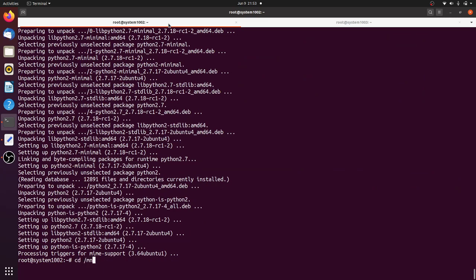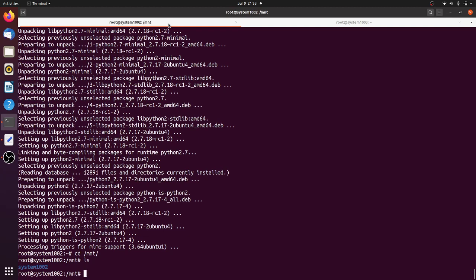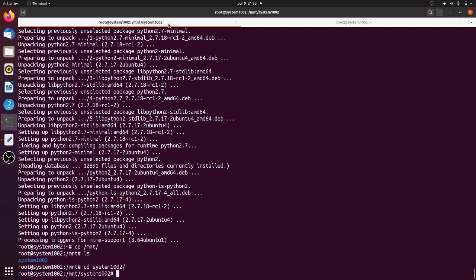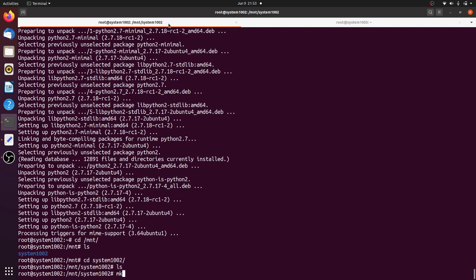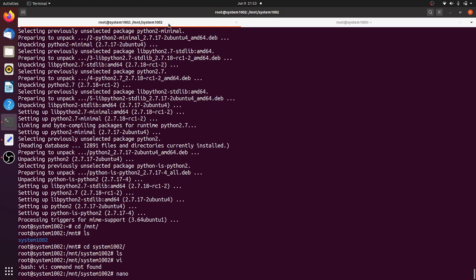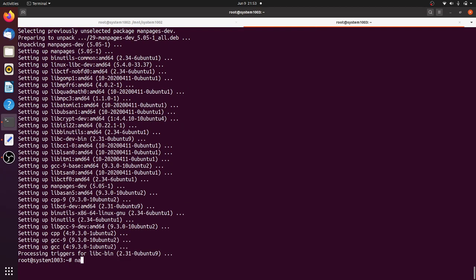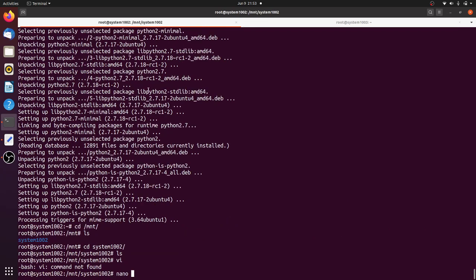Okay, it is ready. So I will go to the mnt folder and show you. Here they can see their folder only, because we are inside the container, it is isolated. So I will go here and then create a file with a nano editor which I have installed, but when I use vi it will not be there. So for this user he needs only nano, so he installed nano editor, but in this container nano will not be there. Instead we will install vi, which is good for C programming.